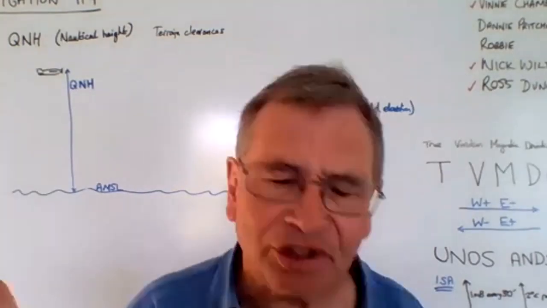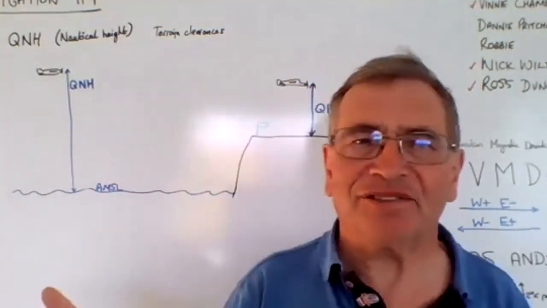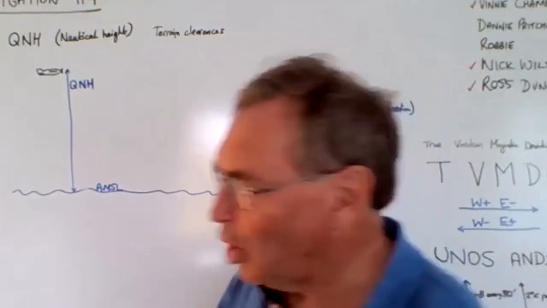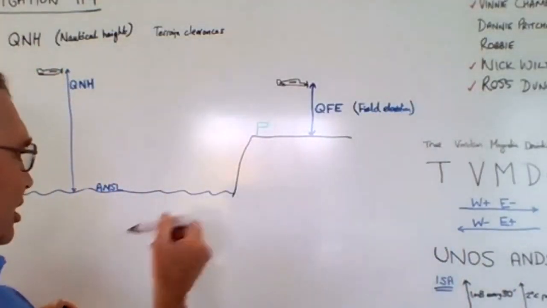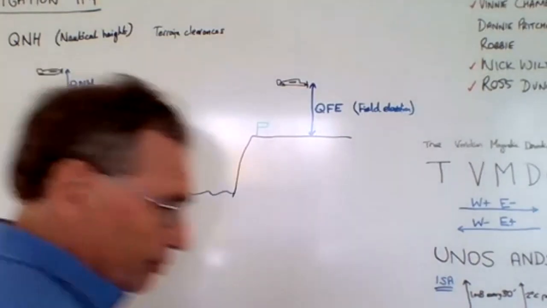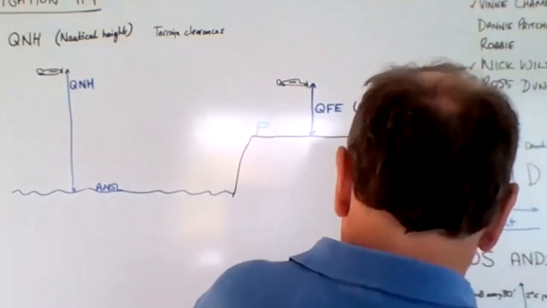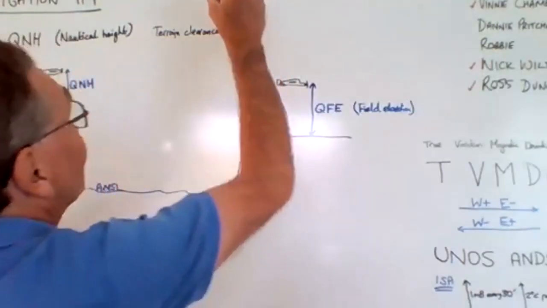Who gives a toss what the QNH is if you're at 30,000 feet? So what happens is that when you're flying very high, like right up here,